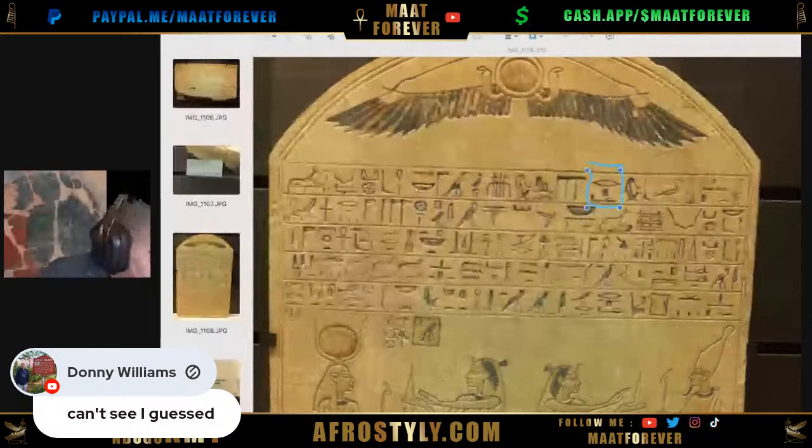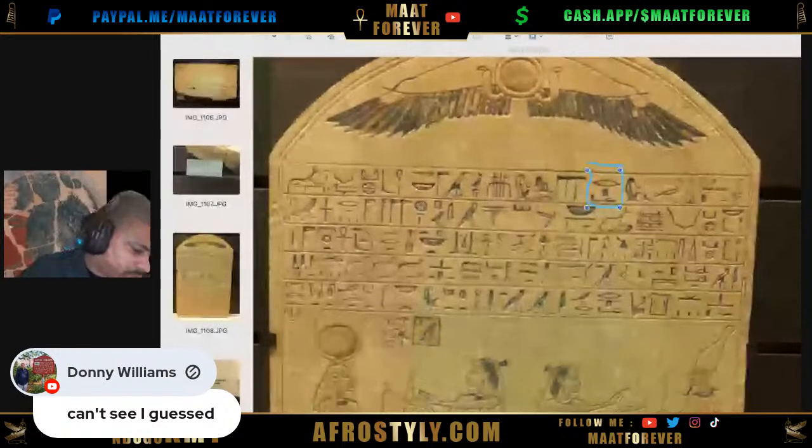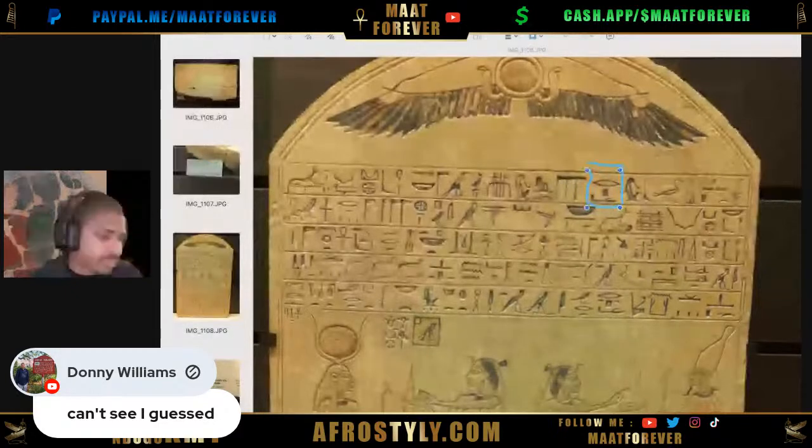If I do the full screen on the phone, it looks slightly better. Oh, Donnie Williams wrote that he got better. On the phone it looks slightly better than even on the website. Well, it's still pixelized, and the quality, I mean,